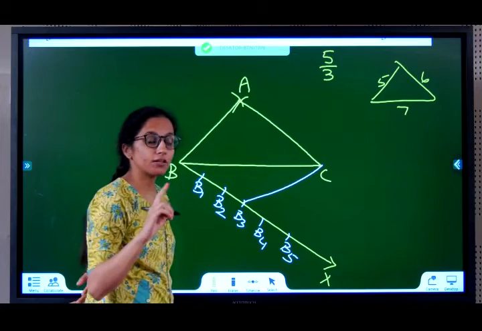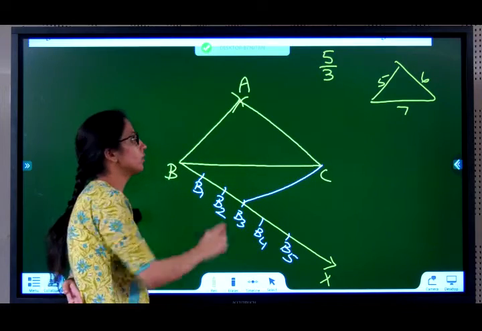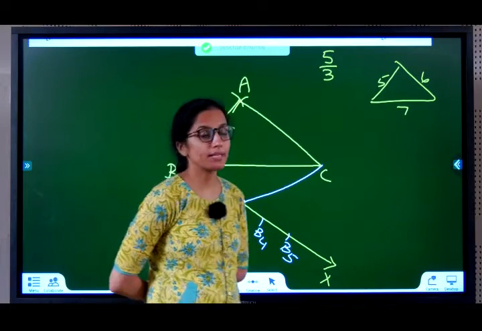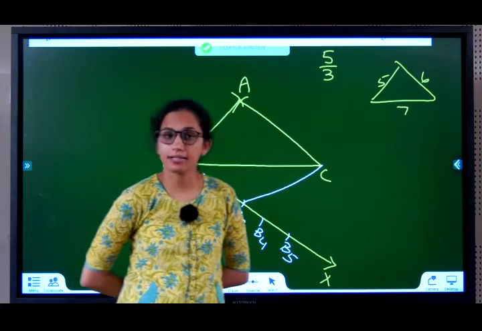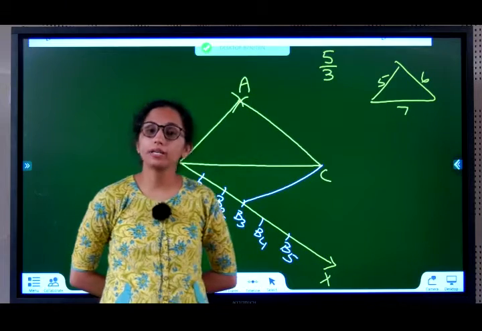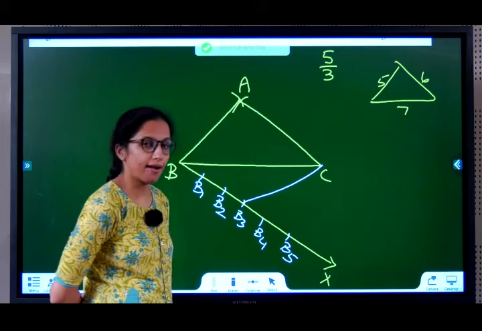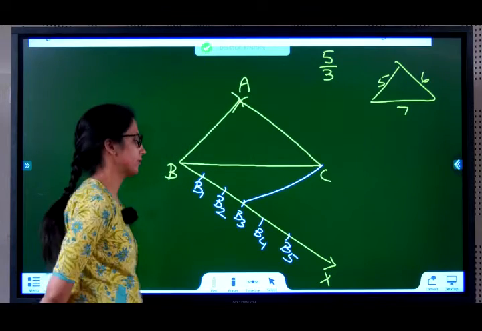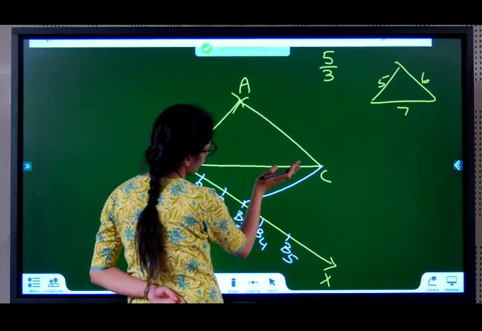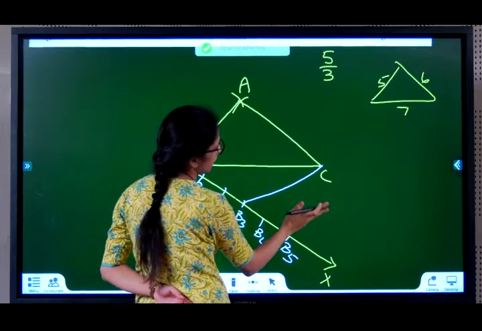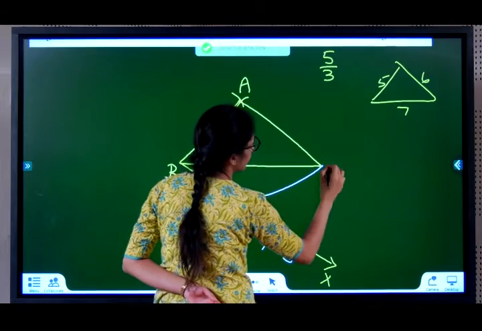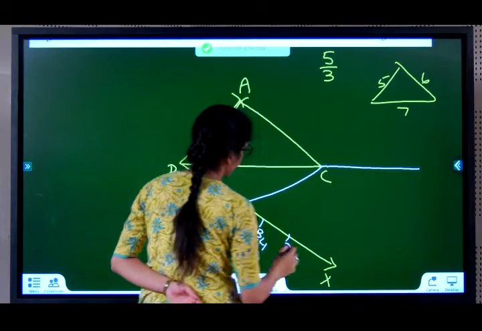In the previous part also you have to see denominator. So, what did we do? From 5:3, choose the bigger number and cut that many arcs. And then what did we do? Look at the denominator. Whatever is the number of the denominator, go to that arc point and join it to C. So now we have to draw the same thing B3C at B5. So obviously this will meet somewhere here. So we'll just extend this.